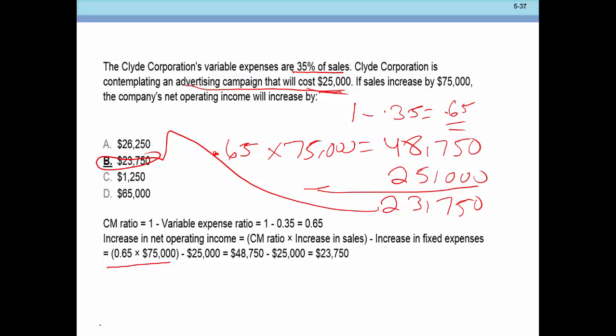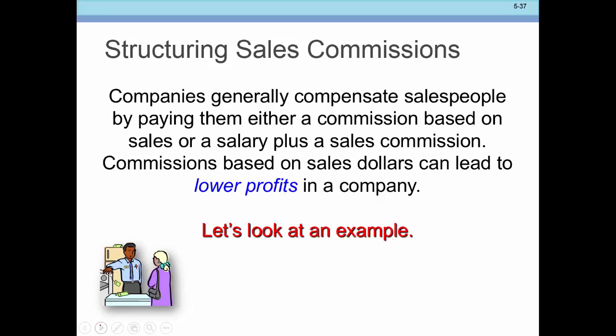Let's take a look at this notion of structuring sales commissions. What they're saying to us here is that from the standpoint of managing our sales staff, it may be a mistake if we base the commission on the sales price, if the item with the higher sales price has a lower contribution margin. We want to sell the item that has a bigger contribution margin, don't we? Okay, so in this next example,